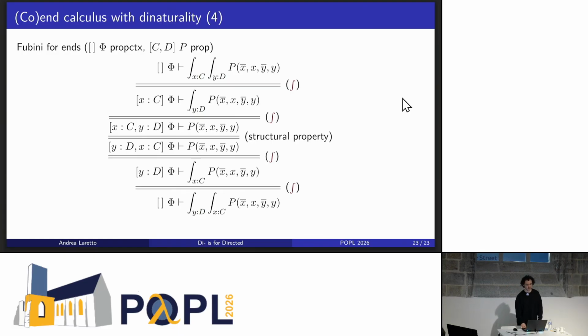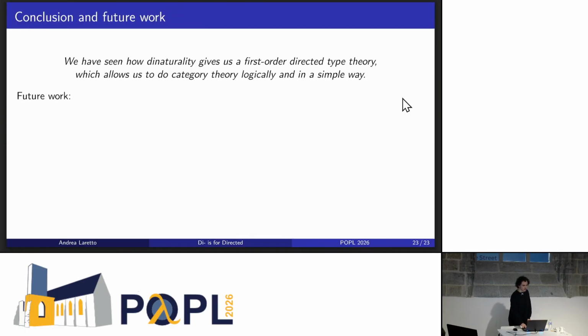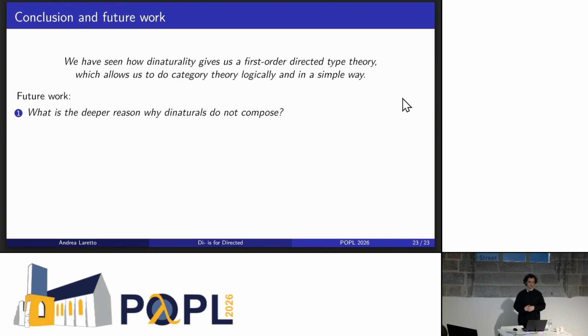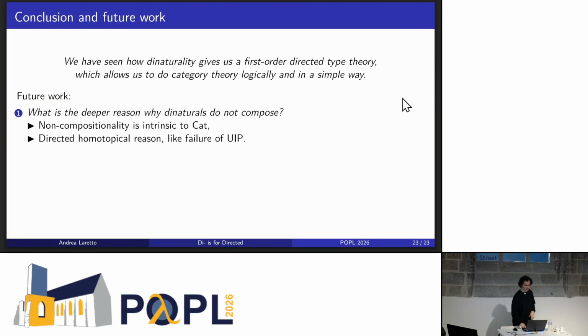And that's mostly it. So just to conclude, we hope that this work gives us a deeper reason why dinaturals do not compose, because we don't really know the deep reason why. And my hunch is that this non-compositionality is intrinsic to Cat because in groupoids they all compose, and in posets it's also fine. And I would like to find some directed homotopical reason why they don't compose, like failure of